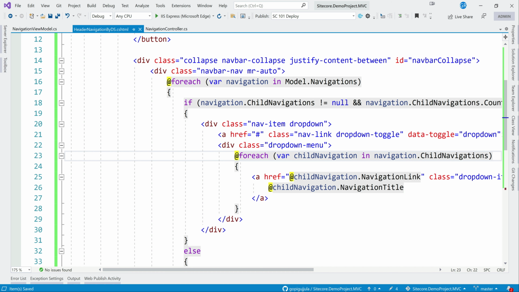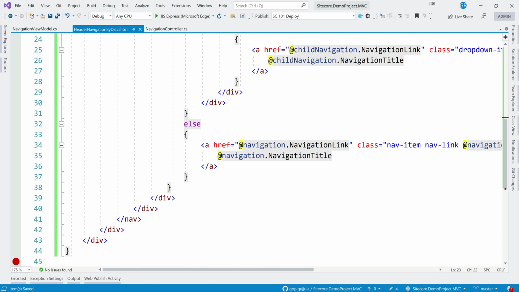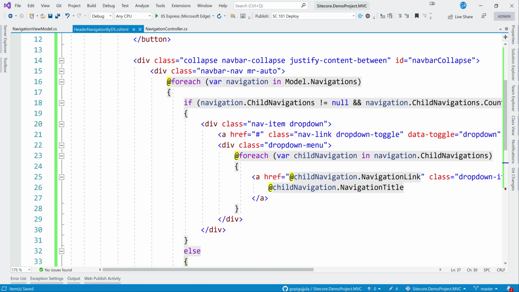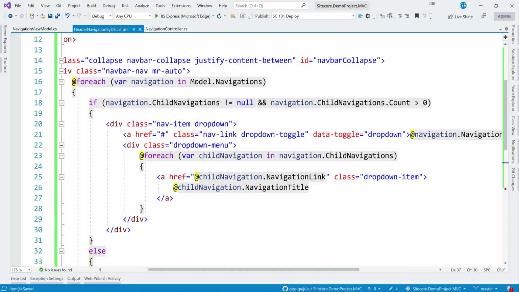So if the model has a navigation and it does not contain any child navigation, go straight away here and bind the parent item. If it has any sub children, then go to the loop here and bind the parent, and we are not binding the link because it's a drop menu and it just needs to toggle. So we are not binding the link, but just here the sub children. So let me publish this whole.